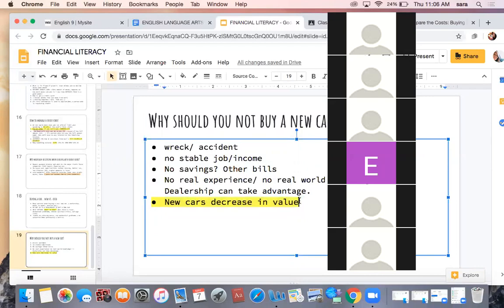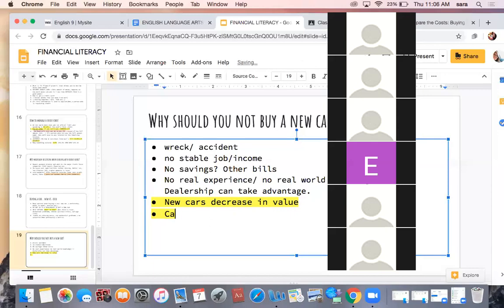So why should you not get that new one? Well, your new whip is going to decrease in value as soon as you drive a mile away from the dealership. It is said that cars